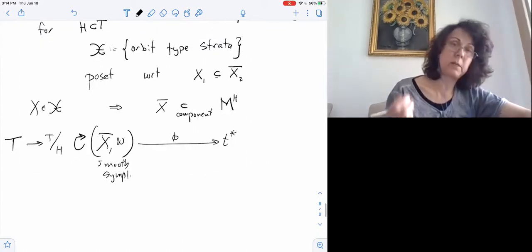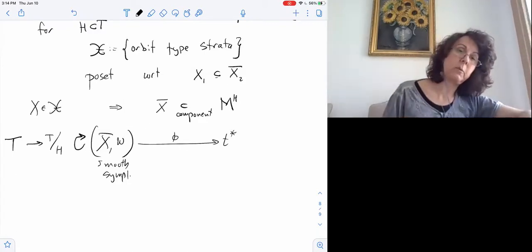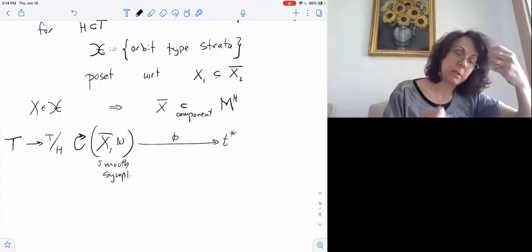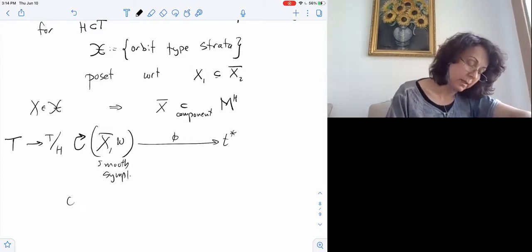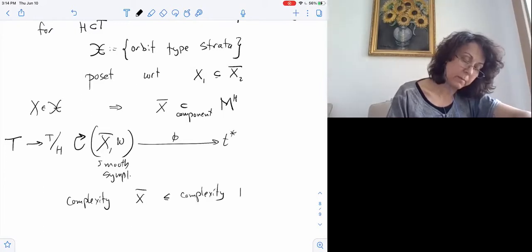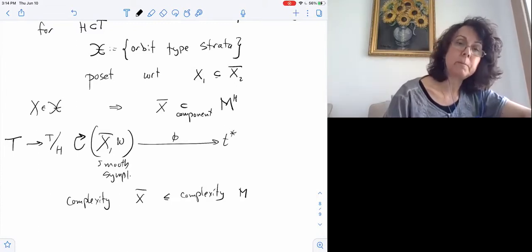And this is the reason why in my definition of complexity, I insisted to mod out by the quotient of the kernel of the action, because I do want to look at these lower closures of the strata. And then we can talk about the complexity of this guy. It turns out that these are always no bigger than the complexity of the original guy. So in the cases that we actually care about,